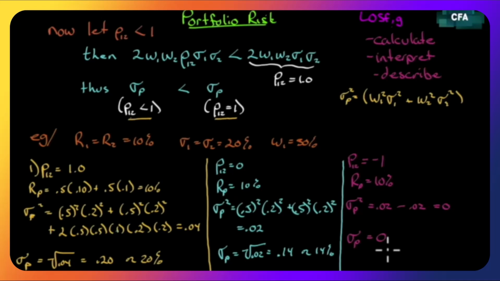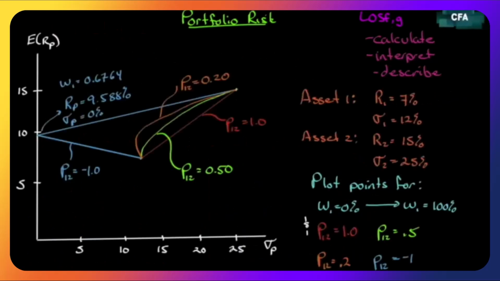There are 3 different scenarios that I can think of just off the top of my head where it does make sense to add two assets that are perfectly negatively correlated. And I'm going to explain that to you shortly when we finish up the example we're working on. So let's not throw this one out yet. Let's talk about how it's possible that you can end up with 0 standard deviation but yet still have a return.